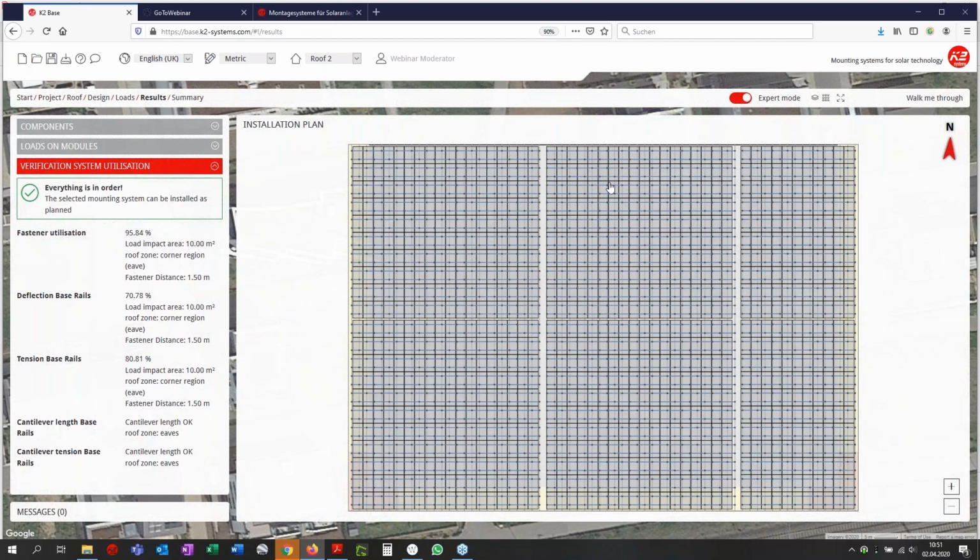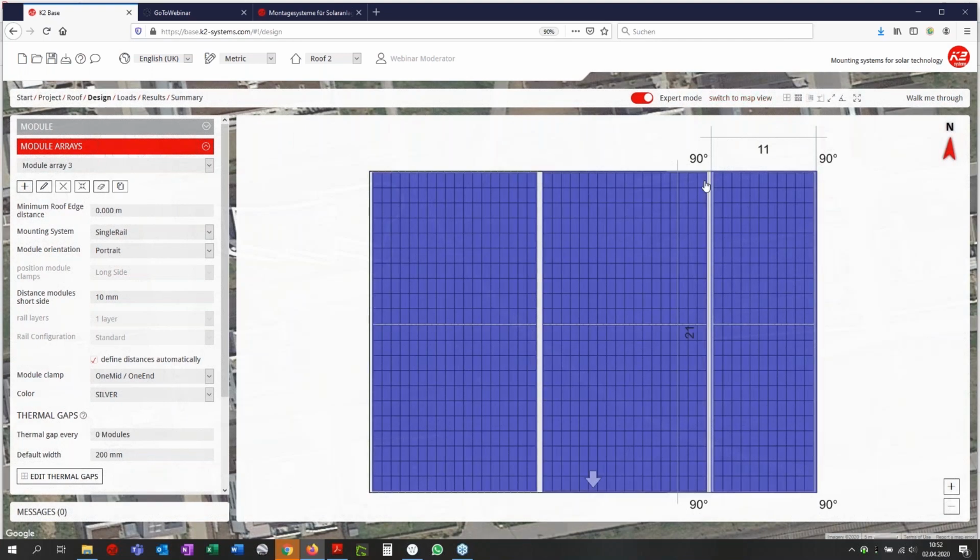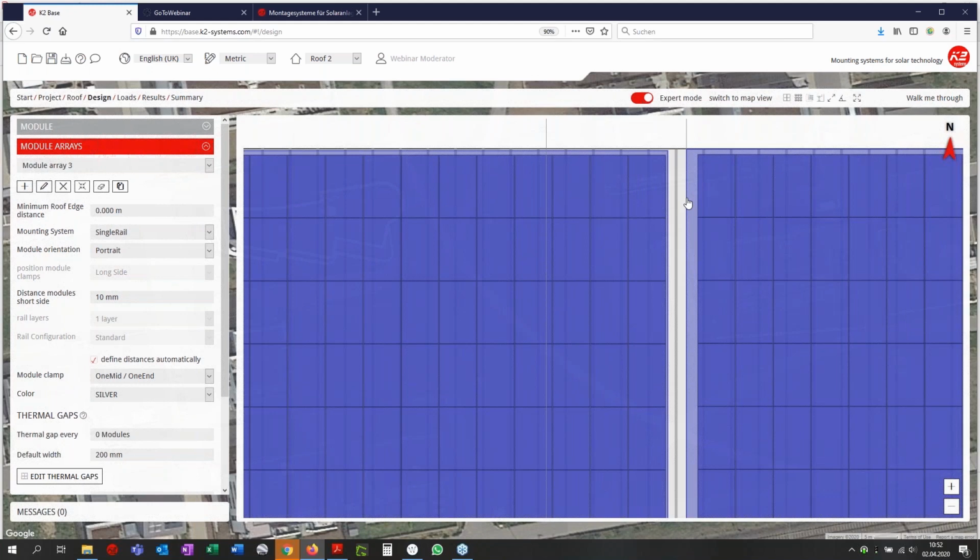So there you see that it makes sense to make module fields instead of a whole roof covering, or if you have a cantilever problem after having used the whole roof covering, then editing that and dividing it into several module fields. And think about, let's zoom in a little here. You must not make the module field